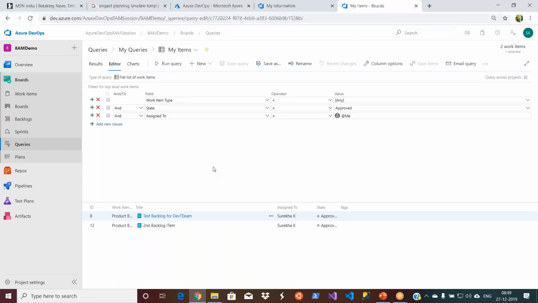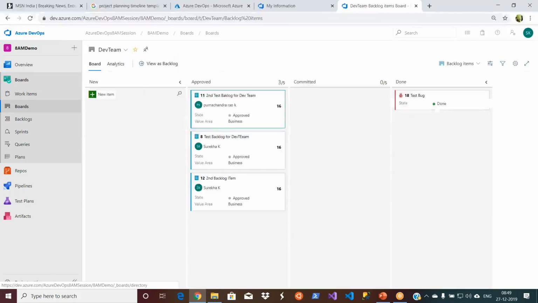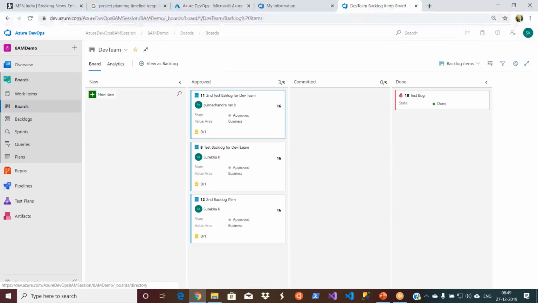Basically, the leads or someone like that use these things to see what is being assigned to someone, what is happening. They can create queries and see the results here, rather than navigating through each and every item. Okay, so these are the different options available in your project planning: product backlogs, prioritization, sprint planning, capacity planning, delivery plans, and then your queries. That's about the Azure Boards, guys, related to the first phase in the software development lifecycle.